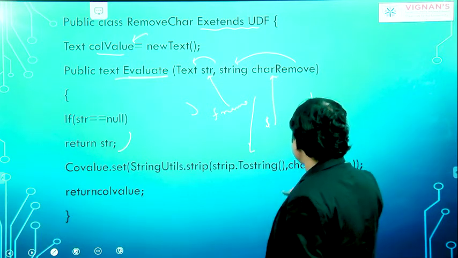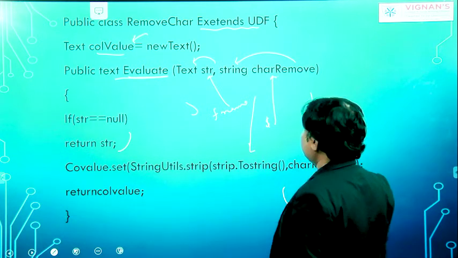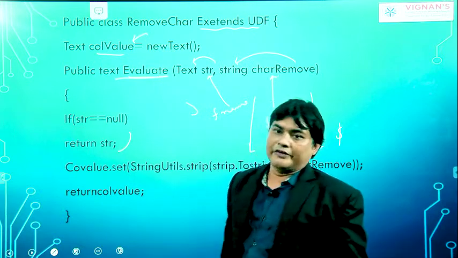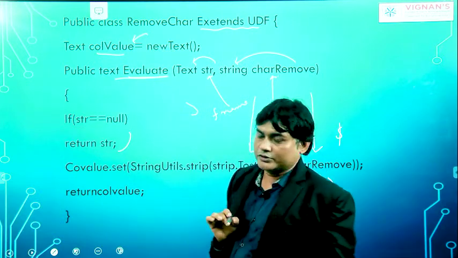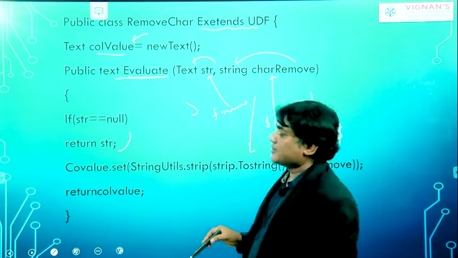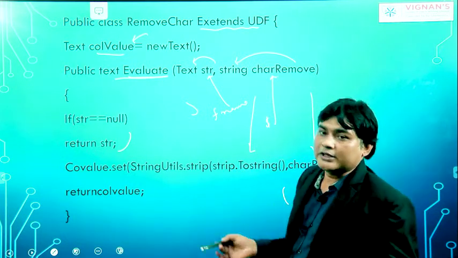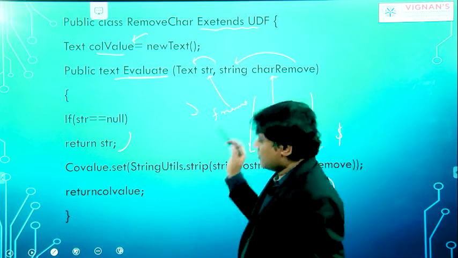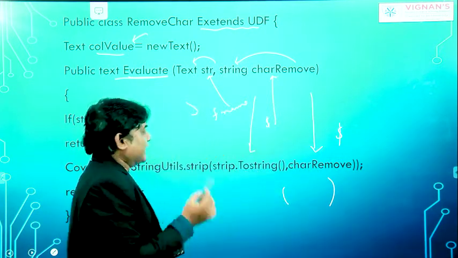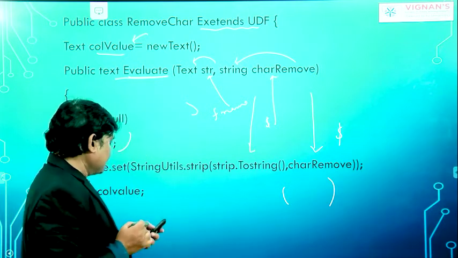After that you are going to get the result, the new text, and the new text is assigned to call value, that is the object. We have the call value object. So in this fashion you are going to remove the $ from the given text. So first of all you have to write this code, and after writing this code you create a jar file, and then you have to add it into the